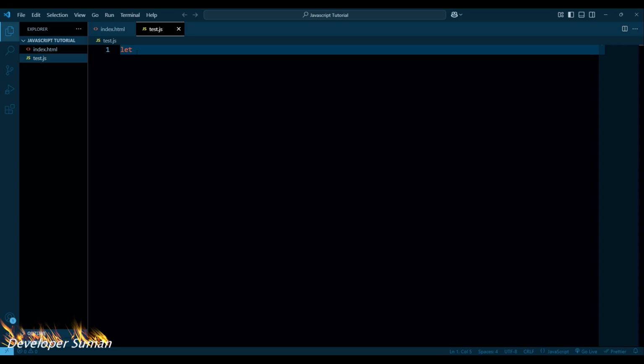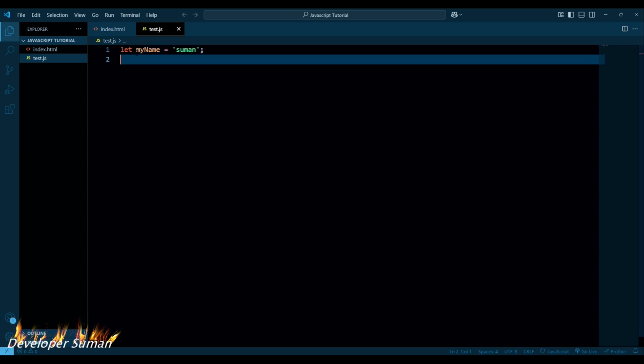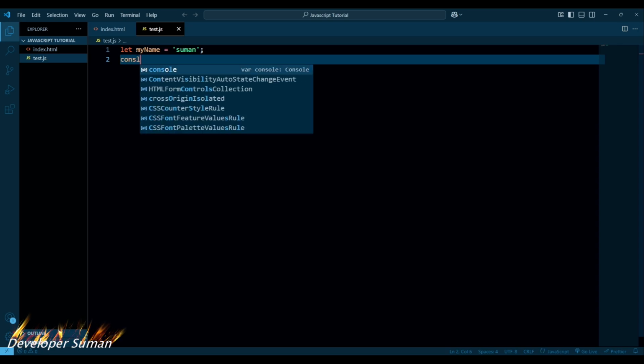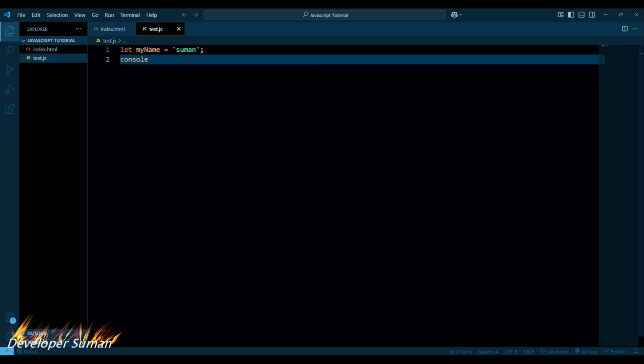let's first declare a variable using let name, like my name equal to "Suman". Okay, so if I just print it, console.log